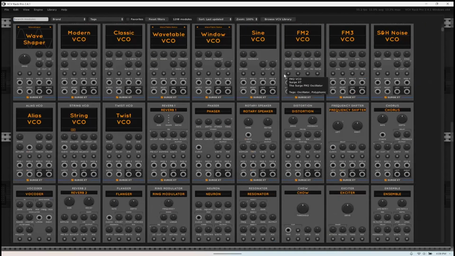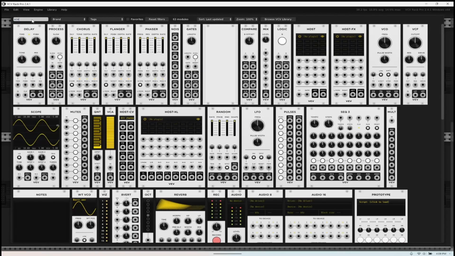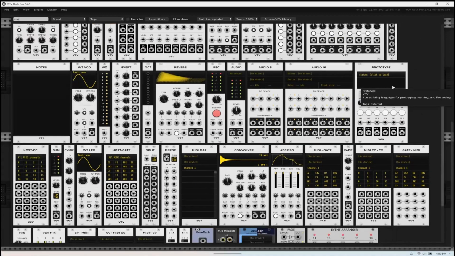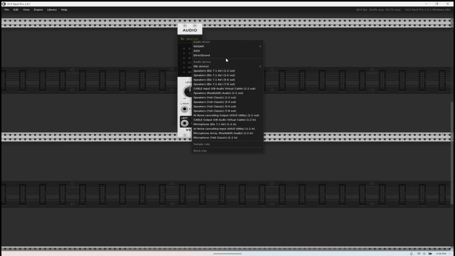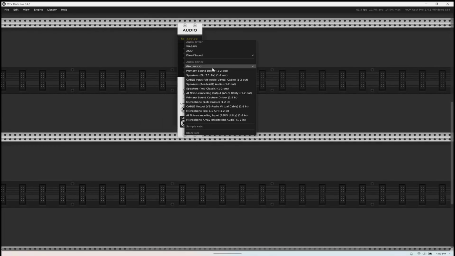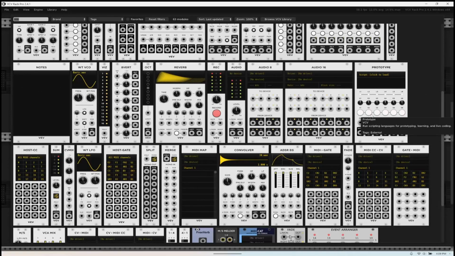But anyway, let's get with the VCV stuff first, because we have to have our incoming and outgoing type of signal here, that I just realized I deleted. So basically, we have to do the audio output, and then we're going to select the device. We're going to do DirectSound, and we're going to do primary sound. That'll give us that. And then what we want to do is find the way that it's coming in, and that should be the